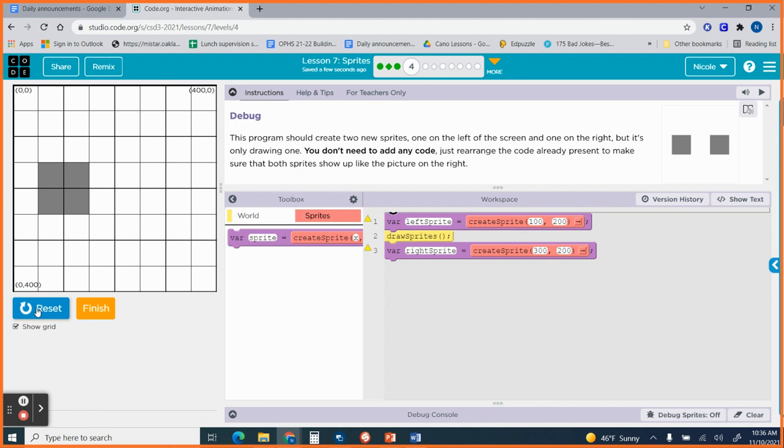So what is my problem? I do have 2 sprites. I have the left sprite, and the problem is that I have the right sprite, the yellow thing at the bottom. The yellow thing needs to be at the bottom. So remember,